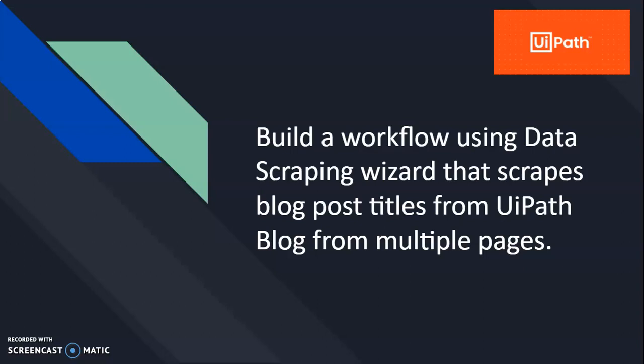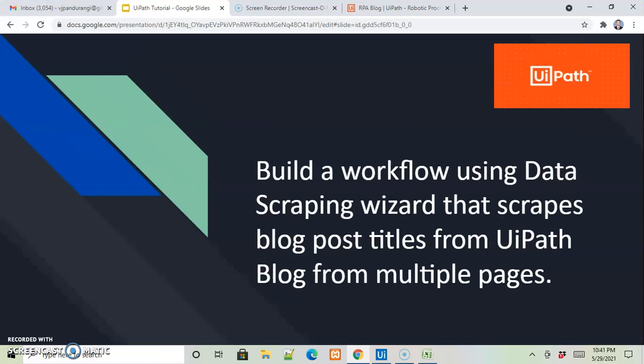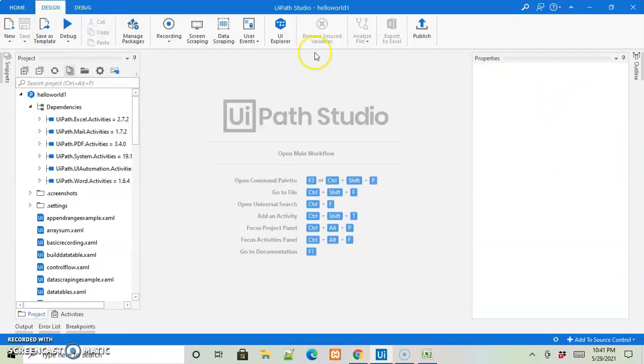So initially, we will try to open the UiPath blog web page, and then we will use the data scraping wizard and try to scrape the blog post titles along with their respective URLs, and we will span through multiple pages and scrape all of the information, and then finally we will try to store all of the information into an Excel file. So let us jump into our UiPath Studio software and let us create a new flowchart